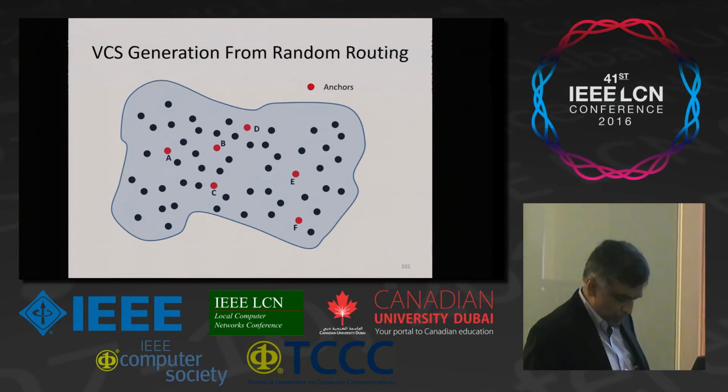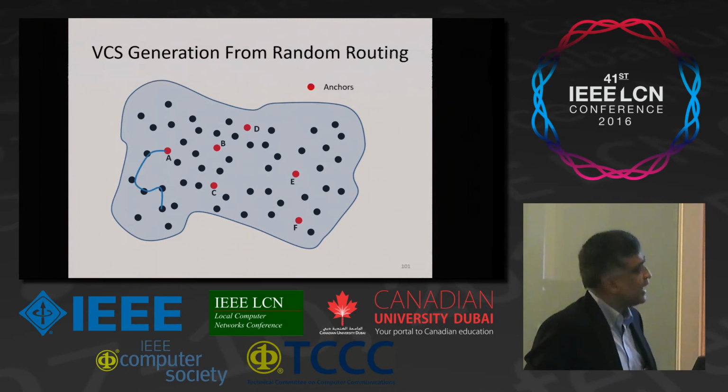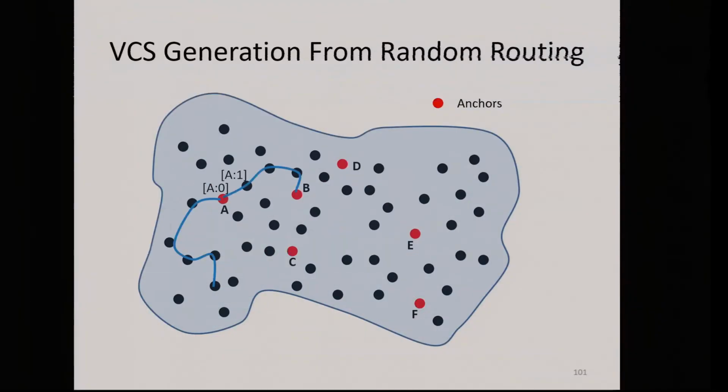And these messages are going around. So this guy sends a message. It happens to go by this node that decides to become an anchor on its own. So it's going to include a field saying, hey, I'm at a distance 0 from myself. The message goes around, right? So this guy thinks it's at a distance 1, 2, 3. This guy thinks it's at a distance 4, even though in reality it is really at a distance 2, right? So these streamers go around, go past another anchor, it inserts another field, and so forth.